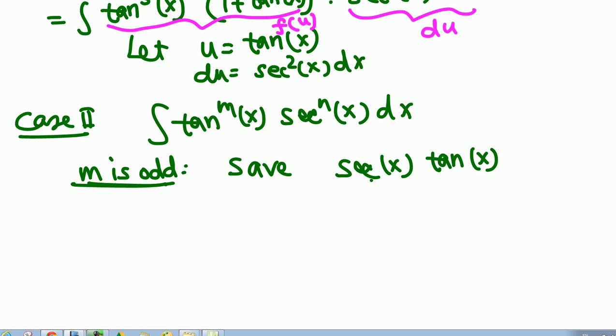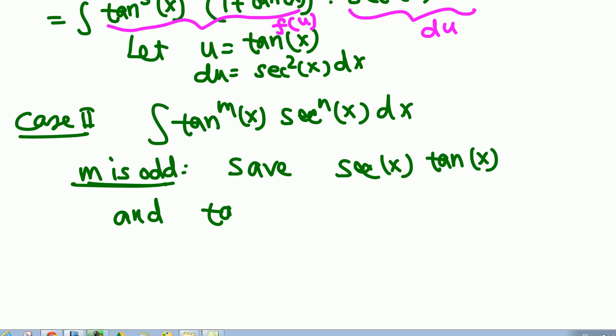Okay, secant times tangent is the derivative of secant, so we are trying to change everything in terms of secant. Save secant tangent, and secant is already good. Now we will have tangent to the even power, right, because 1 secant is taken, so this was odd. Now we have tangent to the even power left,